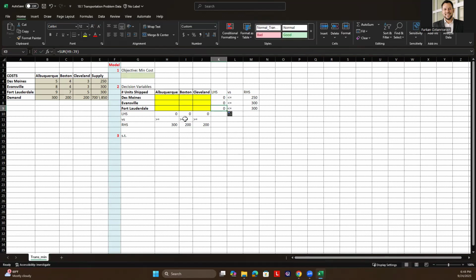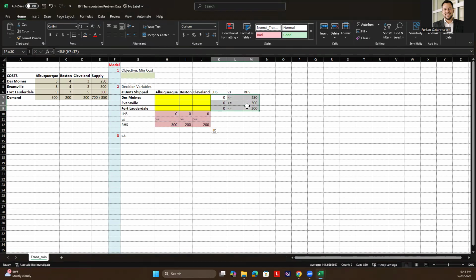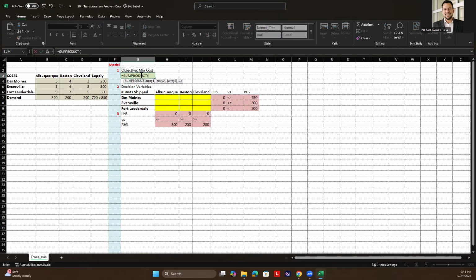Okay. So these are my constraints. So I would like to make them like reddish color. Perfect. All right. Again, these are my constraints. Maybe I'll just put it right here. These are my subject to constraints. Perfect. All right. So now I need to calculate my objective, which is going to be sum product of all